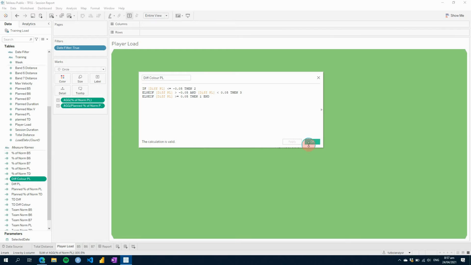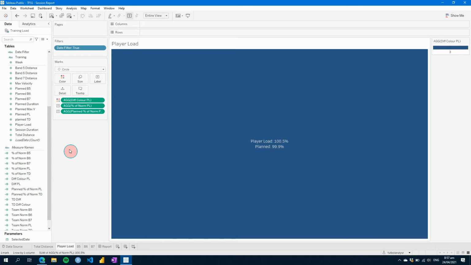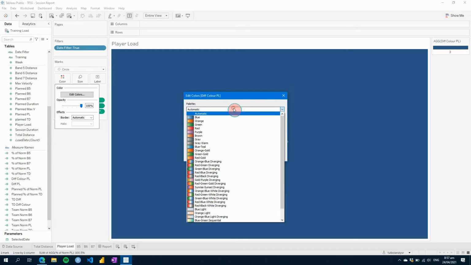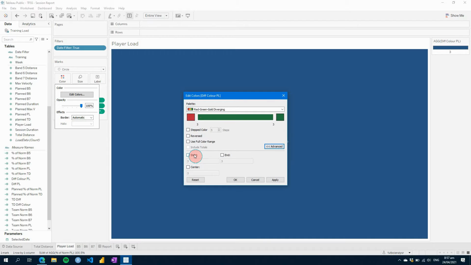So we can go apply here, we'll click OK, and then now we'll add our diff color as a color here. You can see that we've already got our color added, or our value for this color is a 3. So what we can do, we'll click color and go edit, and we'll change this to a red, green, gold diverging. At the moment, as we've only got one value, it's got our red and our greens, but it's just 3. What we can do is click advanced, and we can add a start and end manually. So if we add a 1 here,